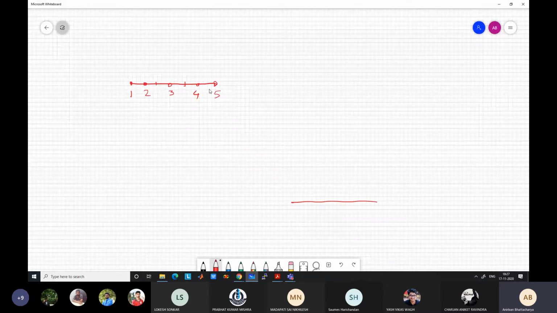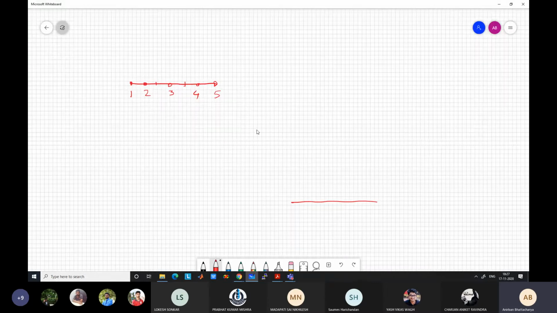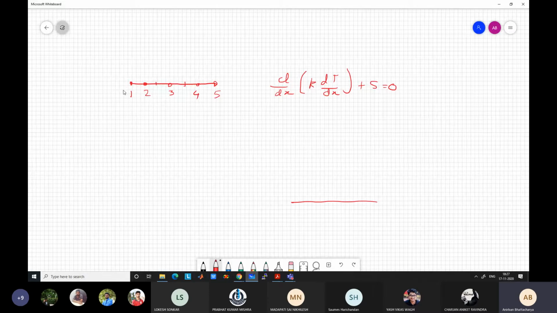Now you have to basically discretize the steady state heat conduction equation, which you already know how it looks like. d dx of k dT dx plus a source term equal to 0. Appropriately, you have to calculate the source term, which is given in this case. And the discretized equation needs to be applied for these 3 internal grid points, for 2, 3, and 4. Okay, so you will have 3 equations and 3 unknowns because the boundary condition values are known. From 3 equations and 3 unknowns, you have to calculate and show what are the final temperatures.